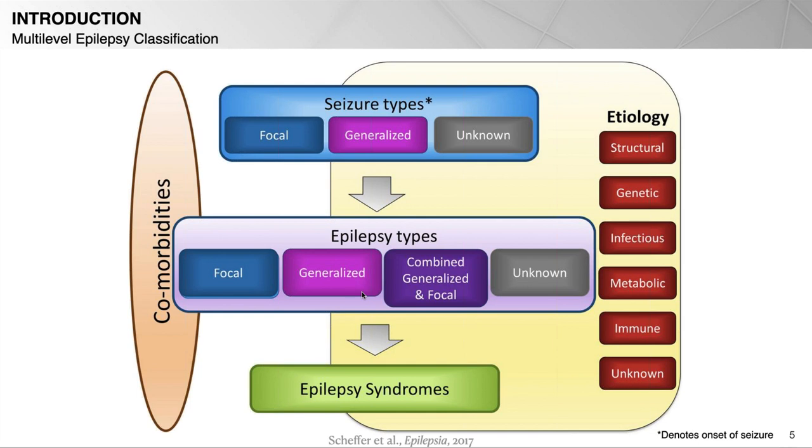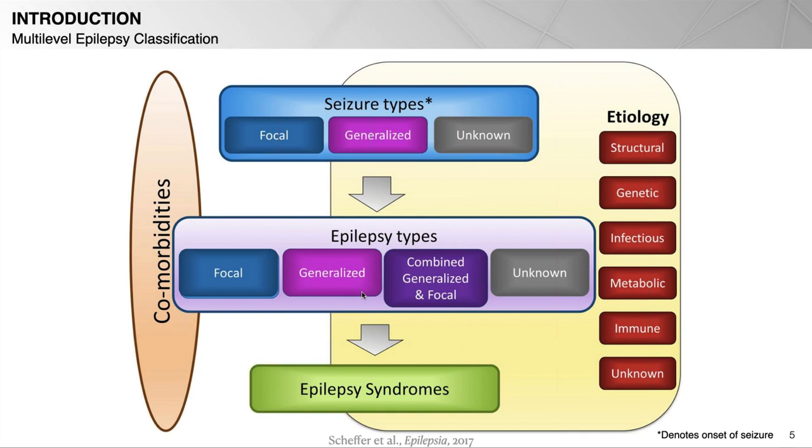So epilepsy is actually a heterogeneous group of diseases. Its classification is a key clinical tool in evaluating an individual presenting with seizures. This classification is based on a 3-level diagnosis. As a starting point, this classification starts with the seizure type, which is divided into 3 main groups, depending on the seizure onset.